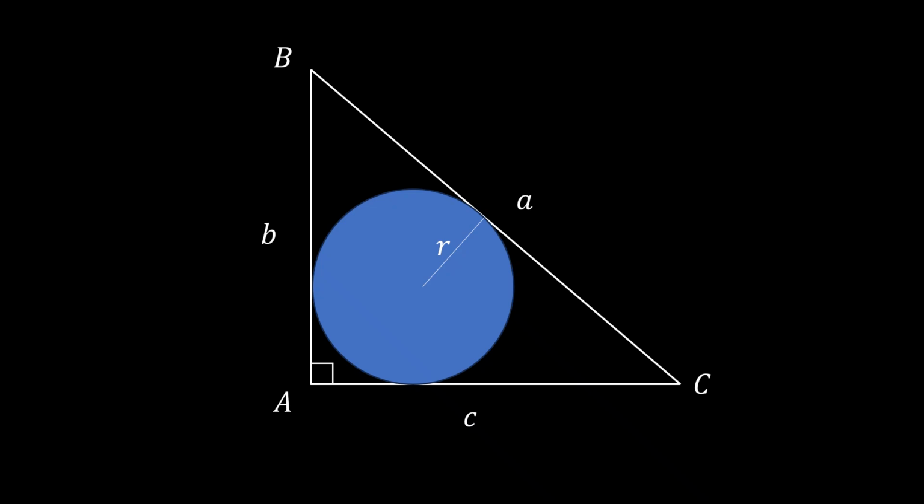Today we will explore a classic problem in Euclidean geometry, inscribing a circle within a right triangle. The triangle has sides labeled A, B, and C, and the inscribed circle, known as the incircle, touches all three sides of the triangle at exactly one point each. Our objective is to determine the radius r of this circle expressed solely in terms of the sides of the